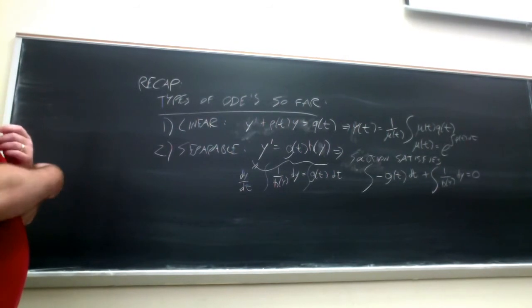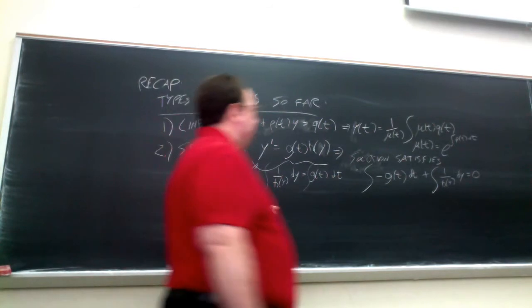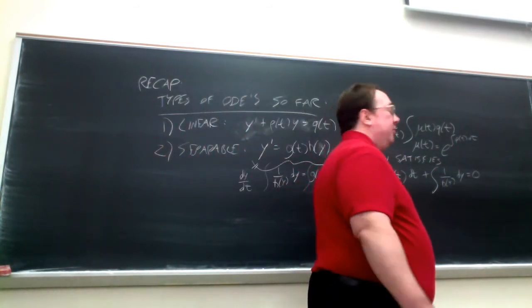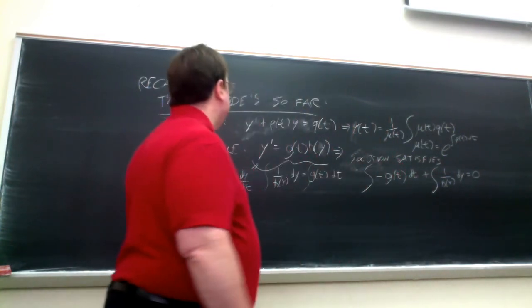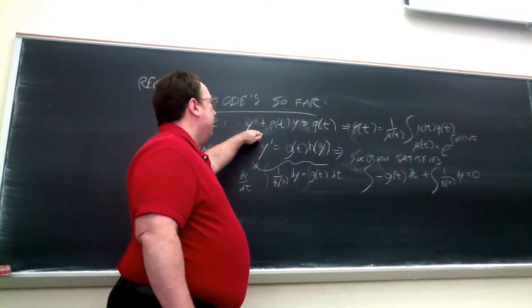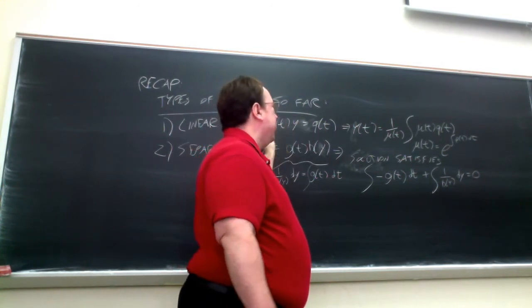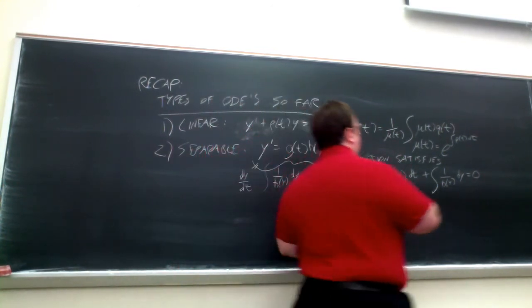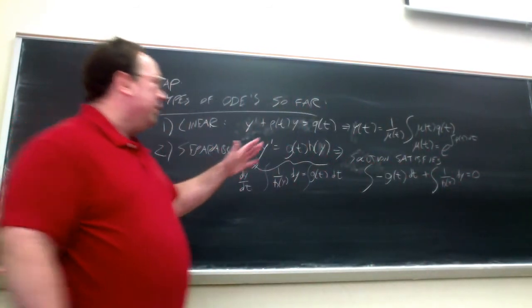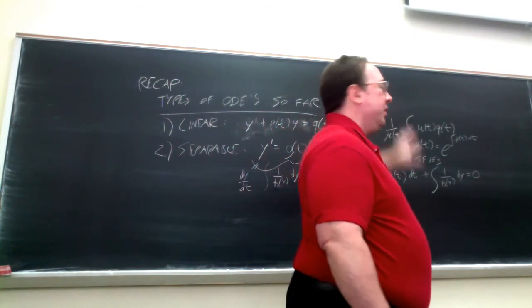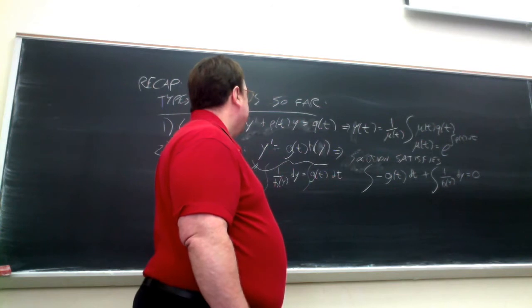Now, I want to point out, I try to give explicit solution formulas whenever possible. It's not always possible. And other times there's more of a procedure to follow. With the linear case, we only have two entities that make the equation specific, p of t and q of t. Once you have p of t and q of t, then bam, with your formula, there's not really much to know. You just get your integrating factor, and then you can work out your solution, work out the integral. Here, the idea is